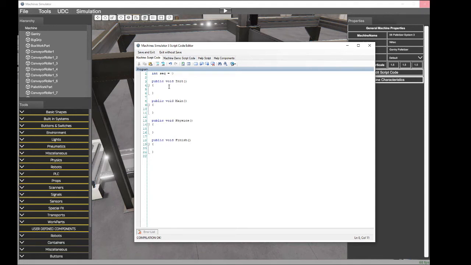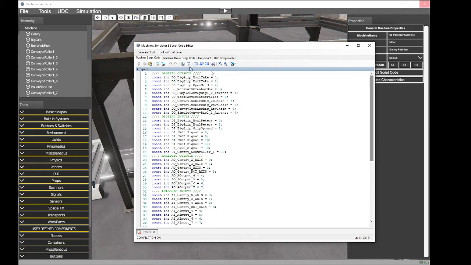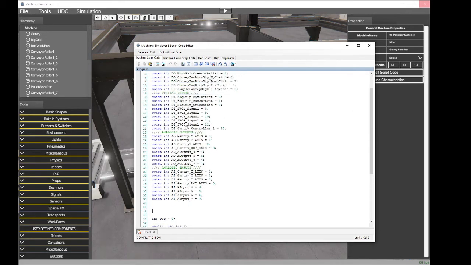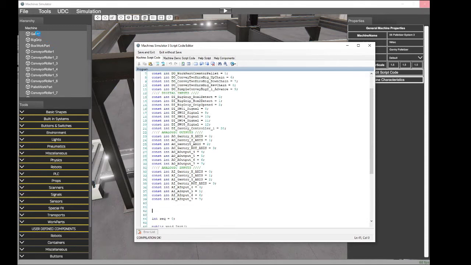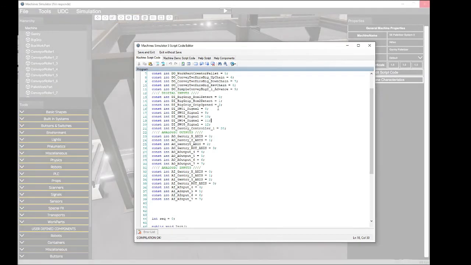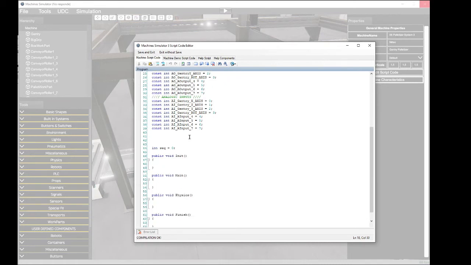Let's create an integer variable called sec, and let's initialize it to 0. We can import, clicking in this icon, all the I/O signals used by our machine. All the I/O are imported in our code in order to use the I/O in a very easy way, instead of using numbers, to use a description